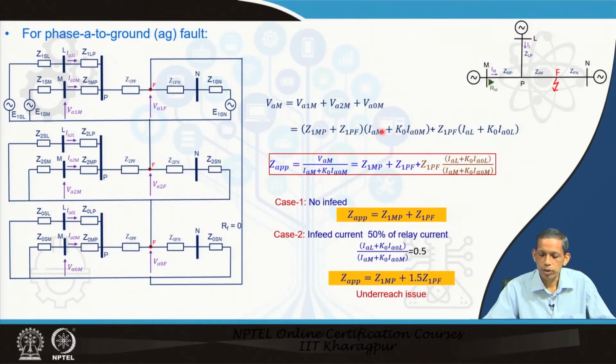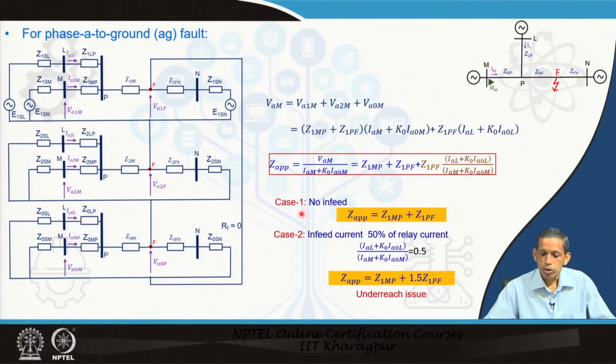Because we have an additional term in terms of IL and k naught I naught L, this term remains, and the Z1PF is for the common portion for the currents IL and IM. So, this leads to the case like the three phase fault we saw. Only the additional term, the zero sequence compensation factor, is coming here, and for that the zero sequence current at bus L, which is flowing coincident in this circuit, also comes into the picture in the Z apparent calculation.